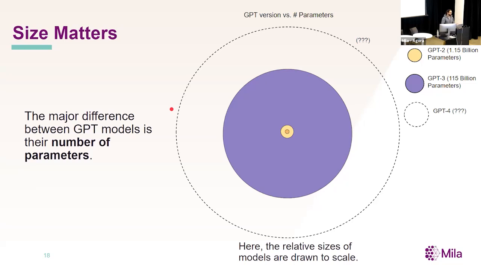GPT-4, spoiler alert, we have absolutely no idea where it actually falls. So I just put this dotted line. We have no idea if it's much bigger, about the same. This is now a well-guarded secret from OpenAI. But the big difference between all of these models, as far as we can tell, and at least for GPT-1 and GPT-2, GPT-3 might be a bit of a different story, but it just seems to be the number of parameters. Of course, some engineering tricks to make these models train a bit better and more optimally, but for all intents and purposes, it's really this number of parameters.